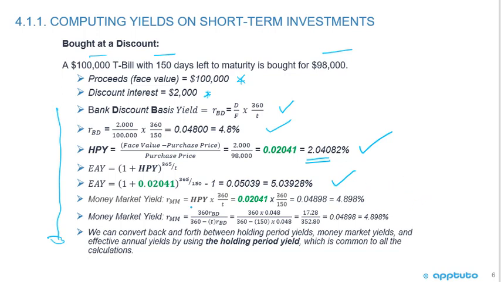And now the money market yield. Remember the money market yield from that list of the formula sheet? Holding period yield times 360 over t. So we're using that holding period yield again, times 360 over 150, and we're getting